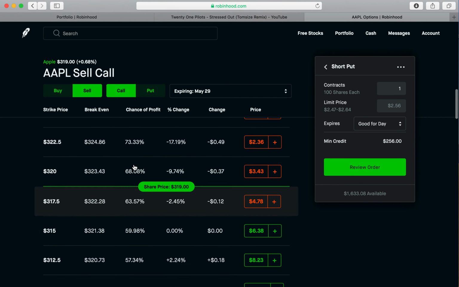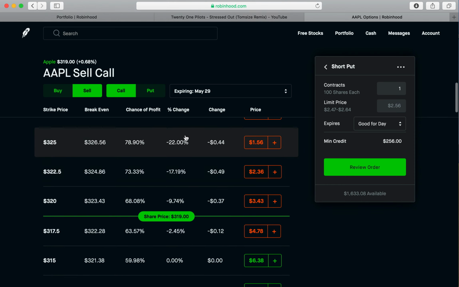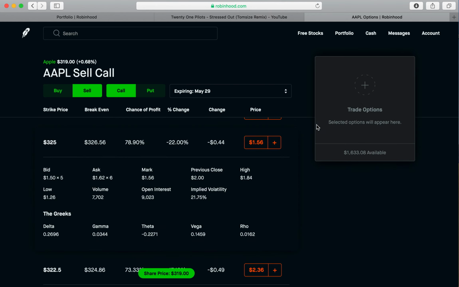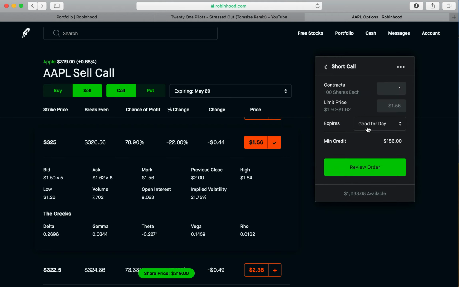You know, when you sell a call, you have to have the collateral of the shares in order to sell the call. But let's say we're going to use the 325 example again, and let's say we sell this option right here at the 325. If we go ahead and click plus, we see that there's also a negative right there. So what does the negative mean? Like I said before, it just means you're getting the credit, because you're essentially getting $156